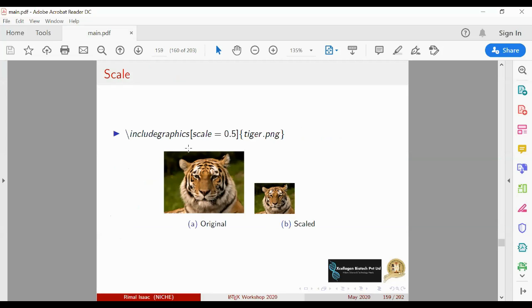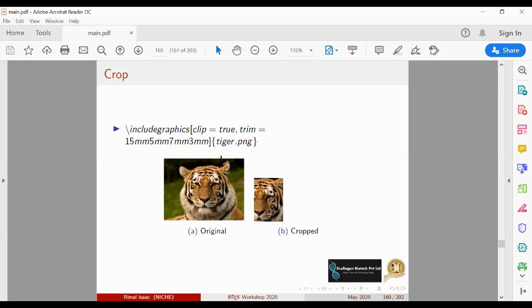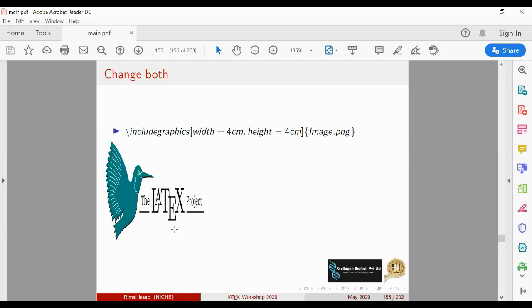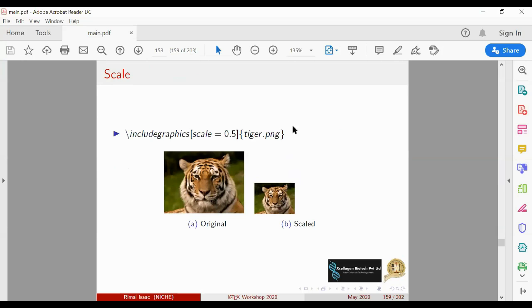If I put scale equal to 0.5, it will rescale the image to a smaller one. That is, it will reduce the width and height by 50% and create another image. So that is scale. So this is resize and this is rescale.